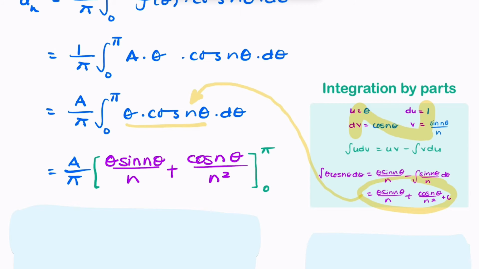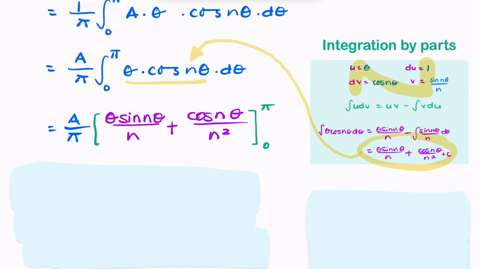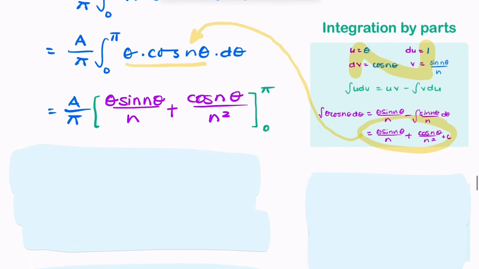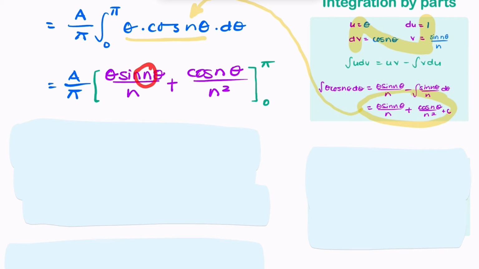So now I simply need to substitute my limits and subtract. Now, even though we don't know what n is, we sort of know that sine